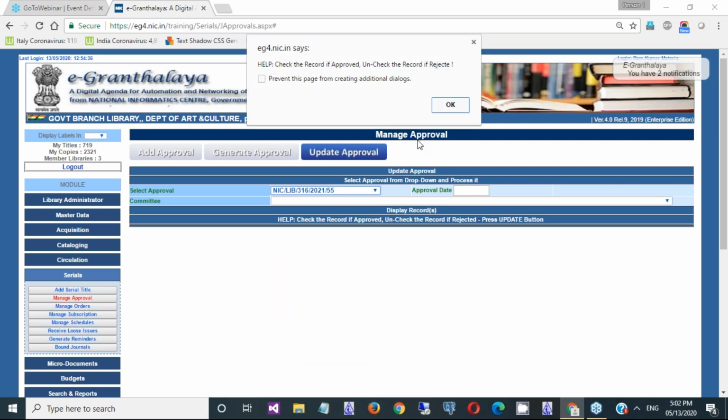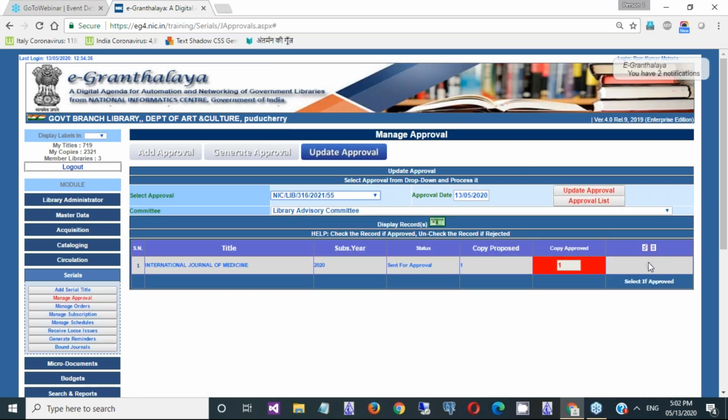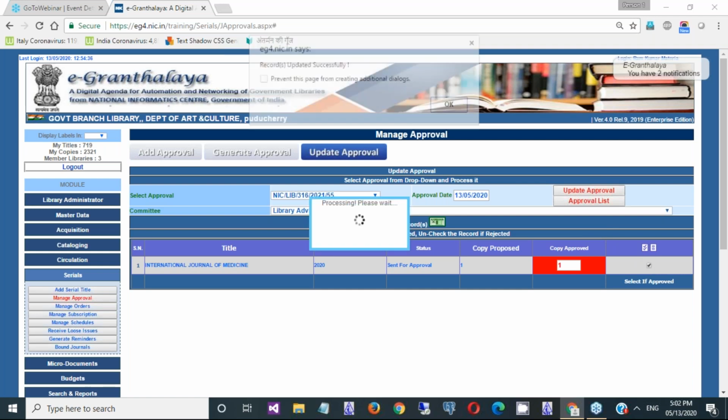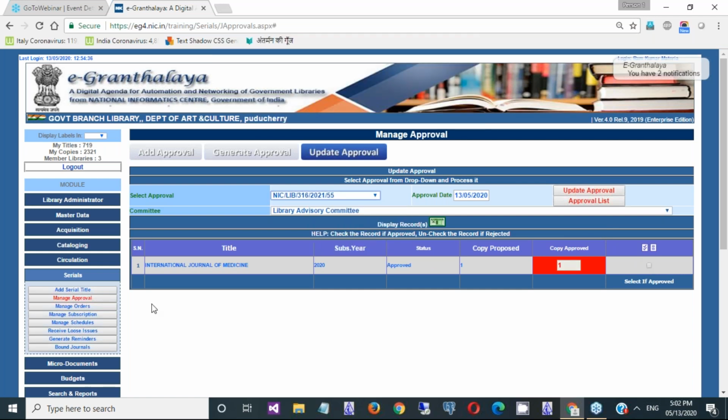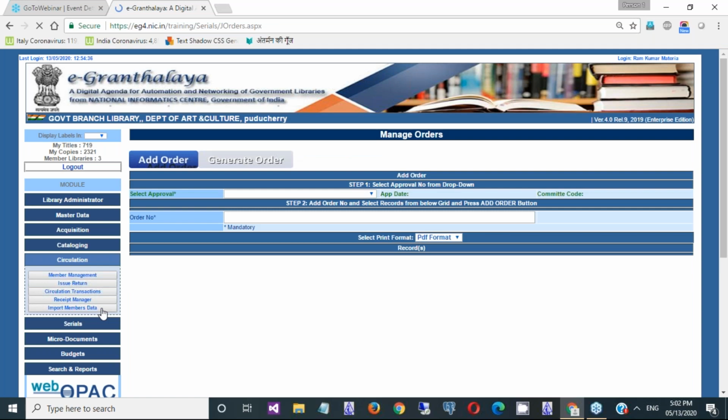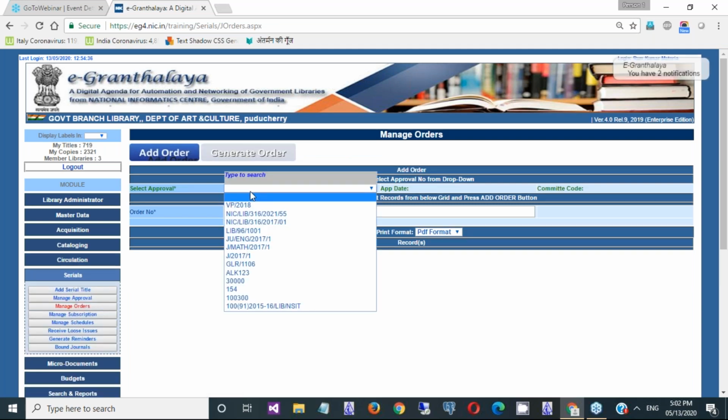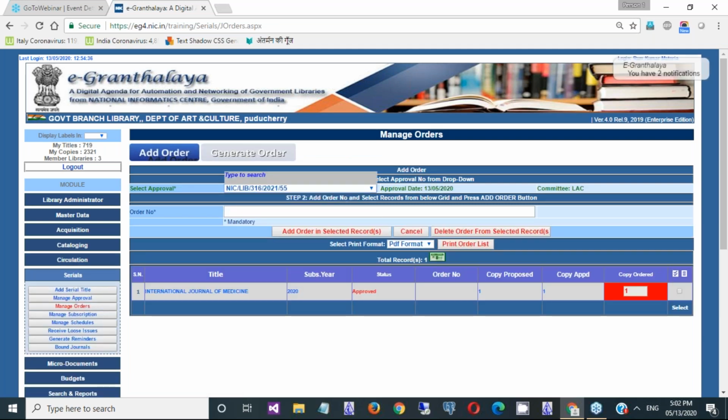This is the approval number. Suppose this is approved, then select it if it is approved. Update approval. Then go to the manage order. This approval number automatically will become available here. Enter the